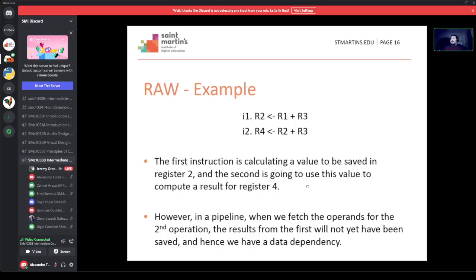So over here we have R1, so the data within R1 and the data within R3. When I say R1 and R3, we're talking about registers. So the data within register 1 and the data within register 3 need to be added together, and they need to be saved within register 2. Notice that the next instruction over here,